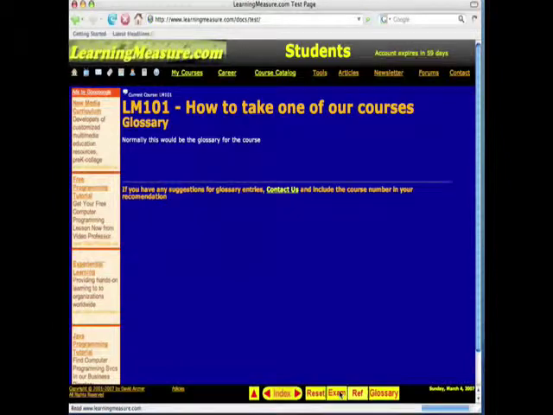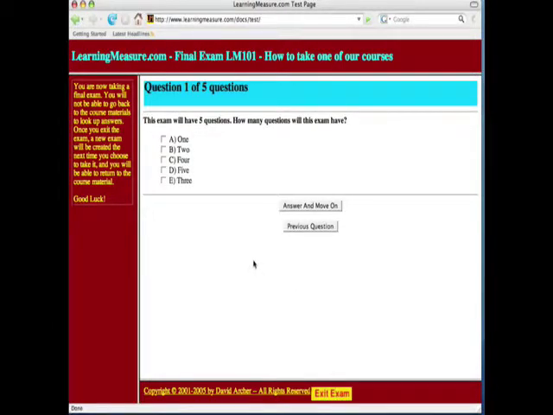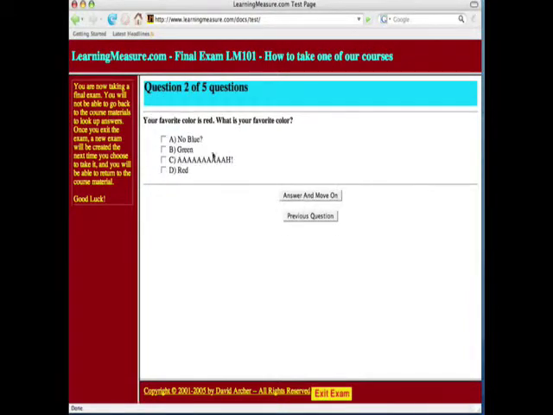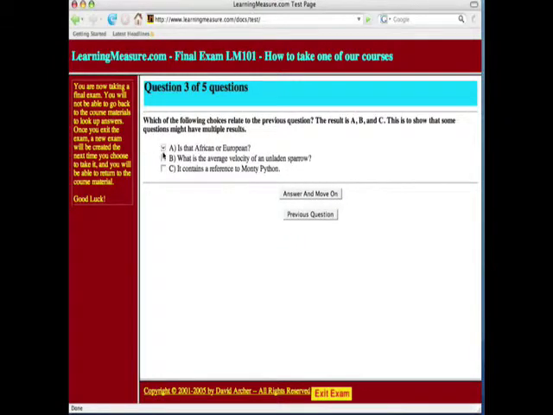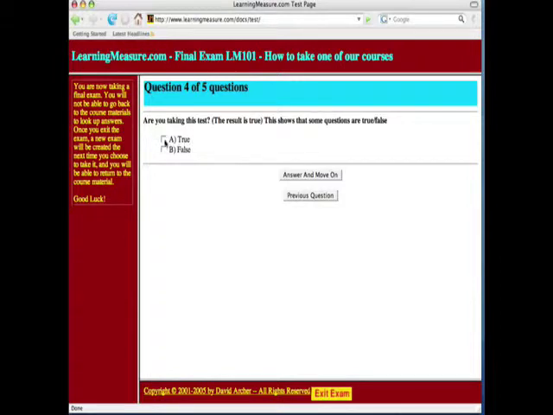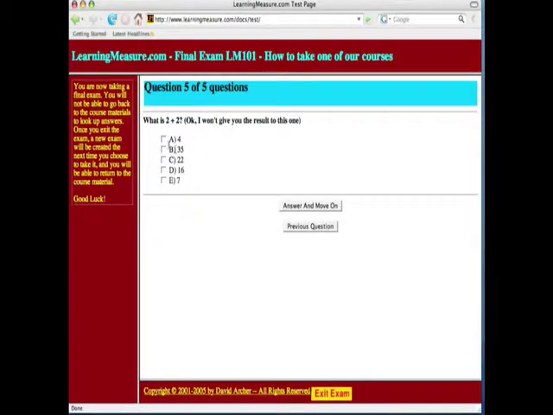Each course has an exam, and this course has one too. In fact, this course tells you what the answers are so that you can pass the course the first try to see what it's like. Or actually, we recommend failing the course the first time so that you can see what happens, but we're not going to do that here. We're just going to go through it.